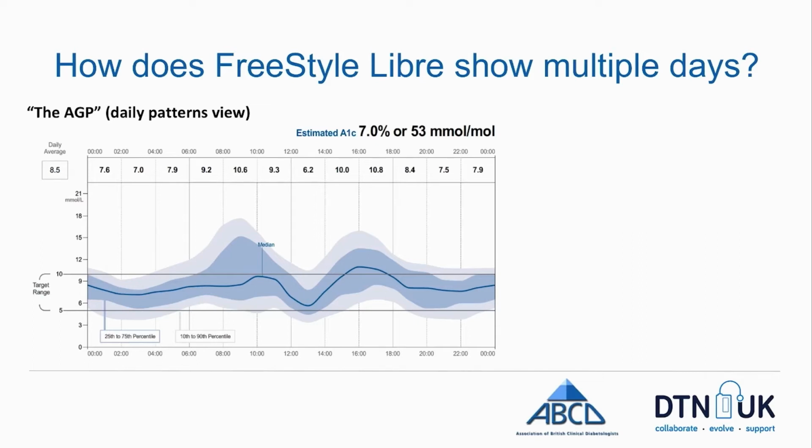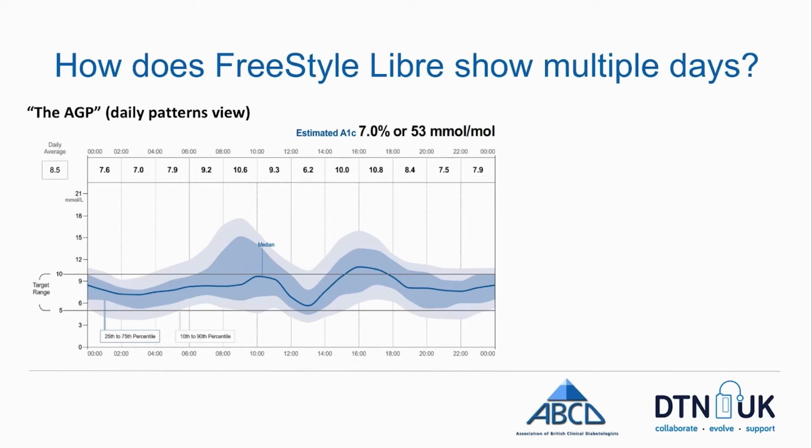What this panel represents is a dark blue line, which is the median glucose level over the period of the sensor wear. So the median means that half of the values are above, half of the values are below. The dark blue shaded area is bounded by 2 other lines. One is what we call the 25th percentile underneath the median, and one is the 75th percentile. So that between those 2 dark blue lines, we can see a half of the individual's entire glucose experience over the period of time that the sensor was worn.